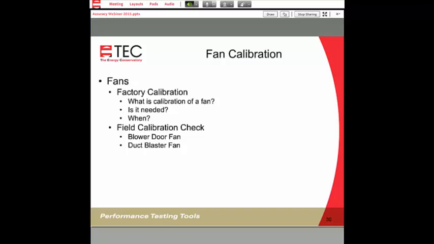So let's switch to fans. Let me see if there are a couple of questions here. Let's see if I can answer those right now. Is there any way for a technician to test to make sure the DG700 is not out of calibration? If it is, then we would want to send it to be sure it's as accurate as possible. Here, I hope that what I've answered on doing a field calibration check might be worthwhile, in that periodically you're sending one gauge back to us, and as soon as it comes back, you compare all of the other gauges.